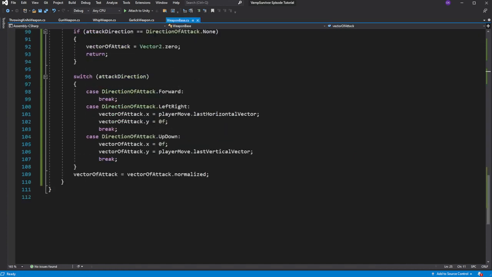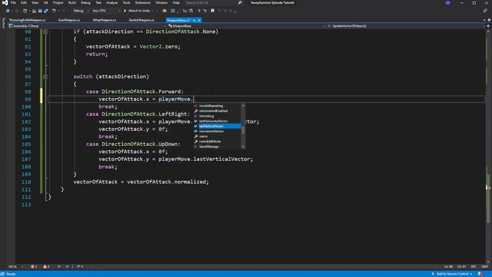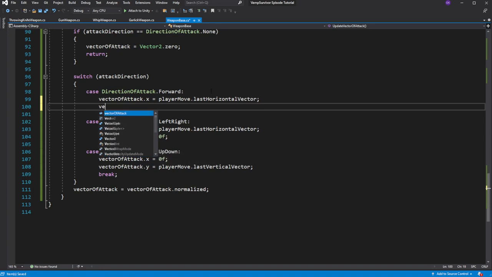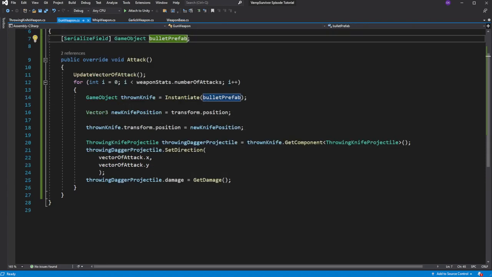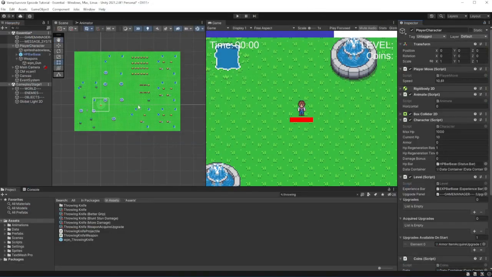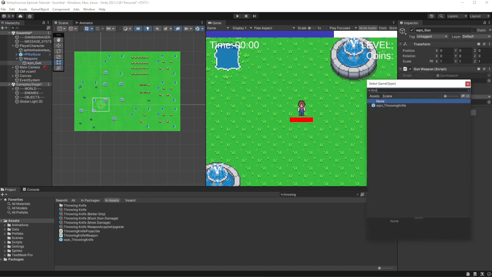Now open the weapon base, and in the direction of attack, forward, we will simply need to read player last horizontal and vertical vector together. Select throwing knife as our projectile in the editor.